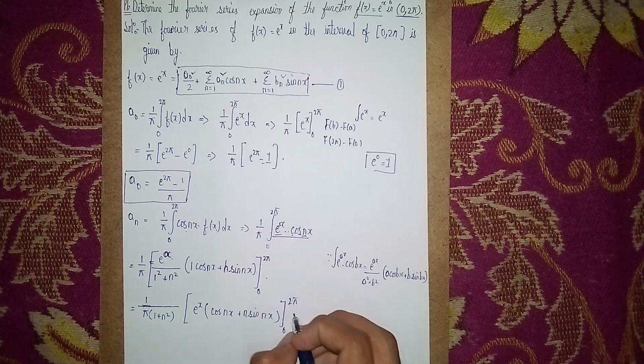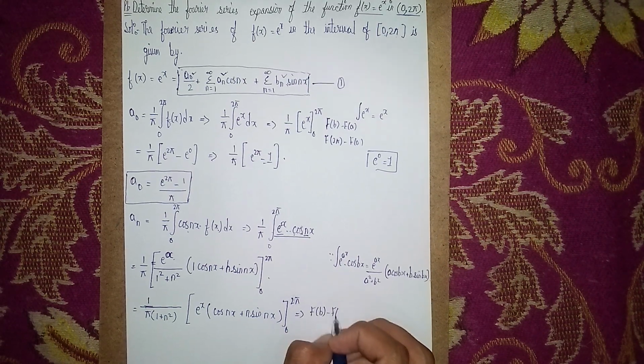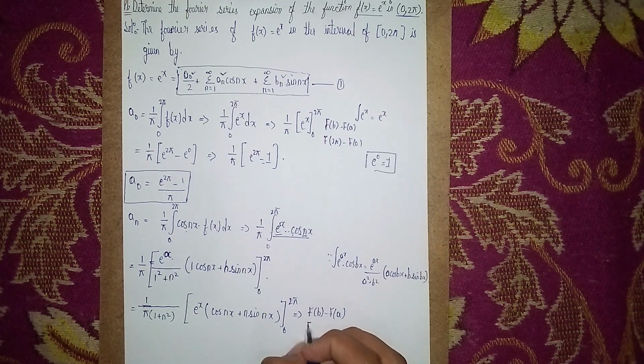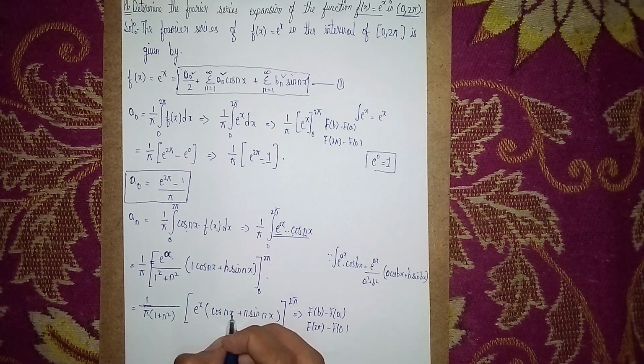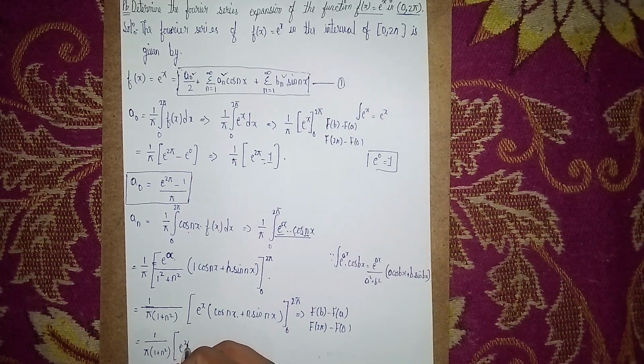Okay, same here, fb minus fa. What is b? 2 pi. 2 pi minus fa is what? 0. Now substitute here: first apply 2 pi instead of x. So you get 1 by pi (1 plus n square), then open bracket e power 2 pi,